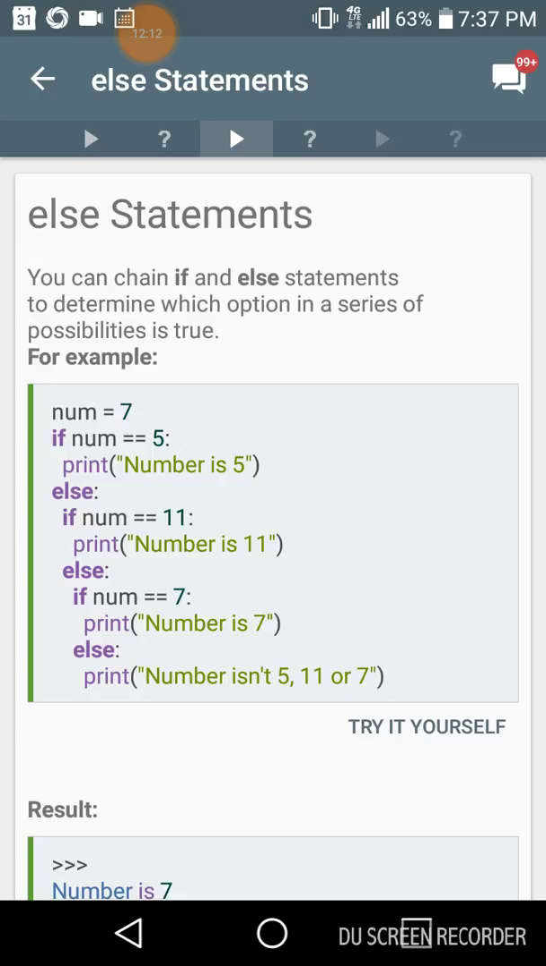You can chain if and else statements to determine which option in a series of possibilities is true. For example, num equals 7. If num equals 5, false statement, so let's ignore the indented statement. Else is back out to the left again. If num is equal to 11, that's also false, so we're going to ignore print number is 11. But now